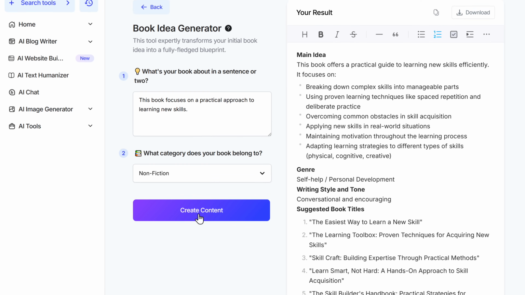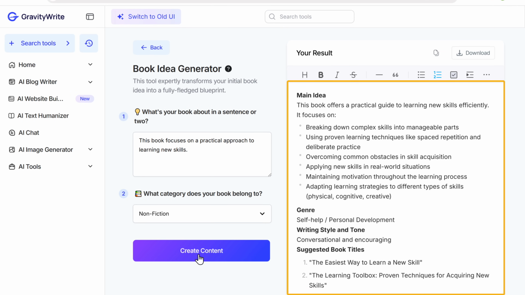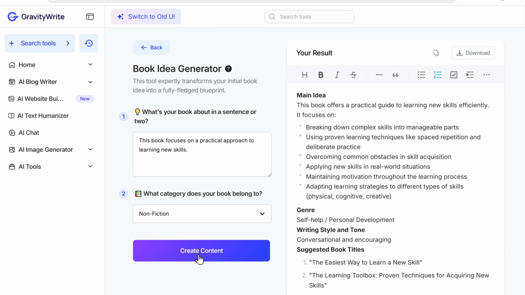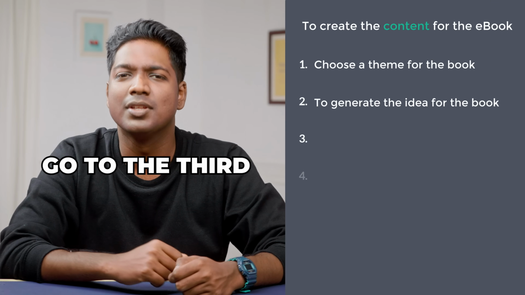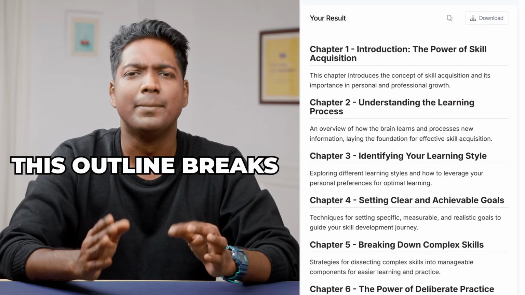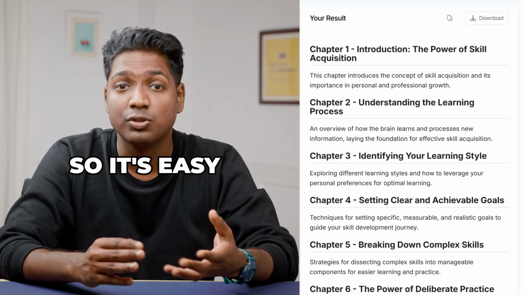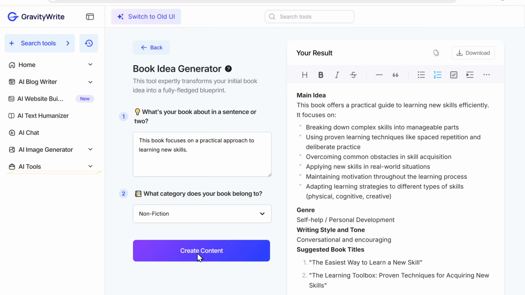You can see that we have a clear idea for our book. It has listed out the topics we need to cover, the genre, the tone, and even suggested a few title ideas for the book. Pretty awesome, right? Now that we have an idea for our book, let's go to the third step, which is to generate an outline for this book. This outline breaks the book into clear chapters, so it's easy to organize and write the content. To generate the outline, click on AI Tools